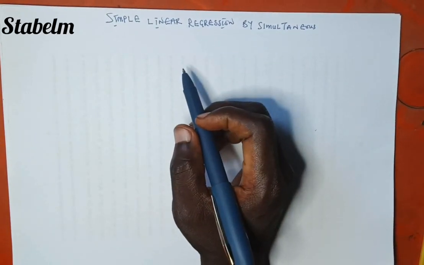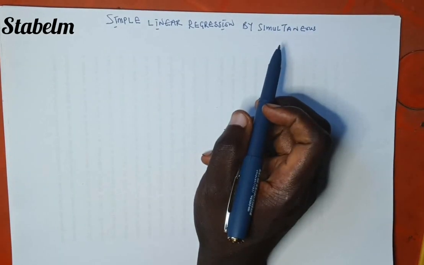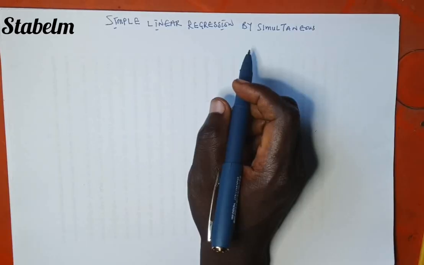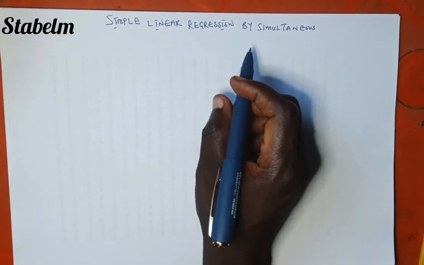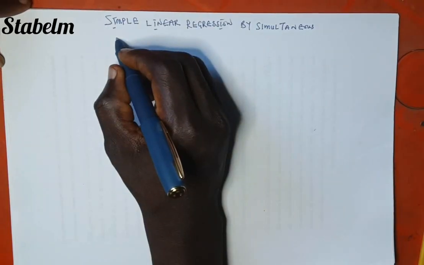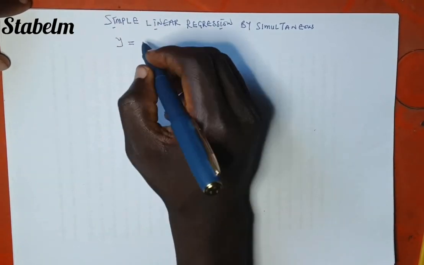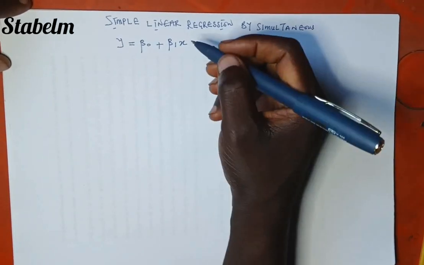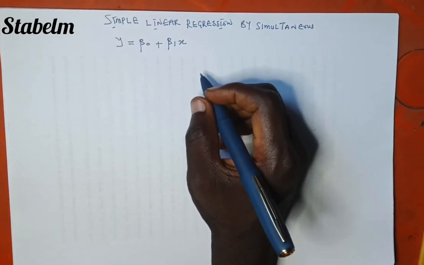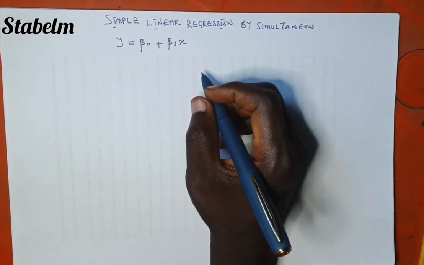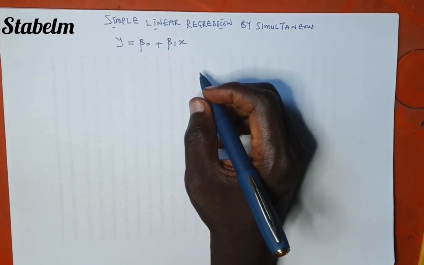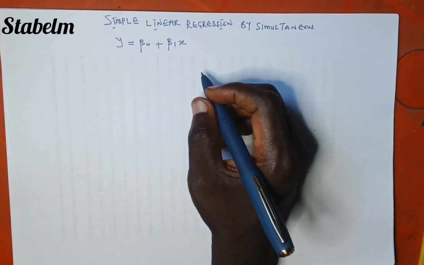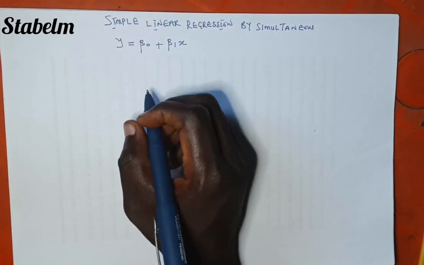Okay, simple linear regression. Now we want to use just the simultaneous approach to find a regression model. Let's remember we have y equals beta naught plus beta 1 x. So if I don't want to use a formula, maybe I forgot the exact or the correct formula, I can just use the simultaneous equation approach to find the value of the parameters of this regression